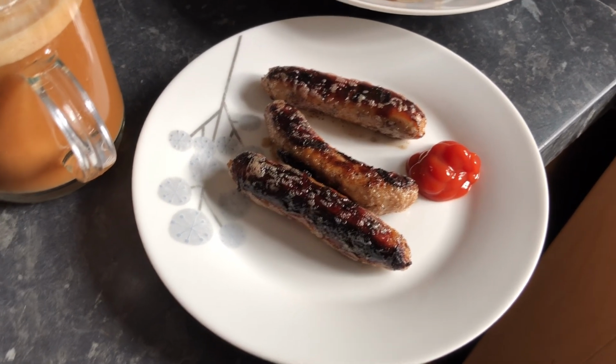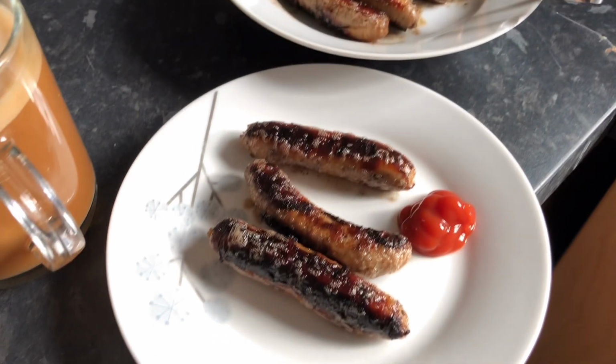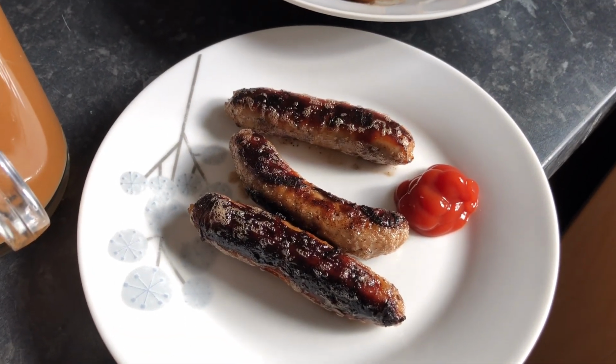For a quick breakfast, before I've gone shopping, I took some Aldi chipolatas out of the freezer last night, so I've just cooked them all up for people to help themselves. We haven't got any bread in or anything like that, so I'm just having 3 sausages with some reduced sugar